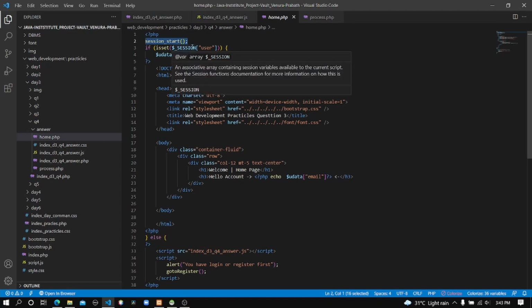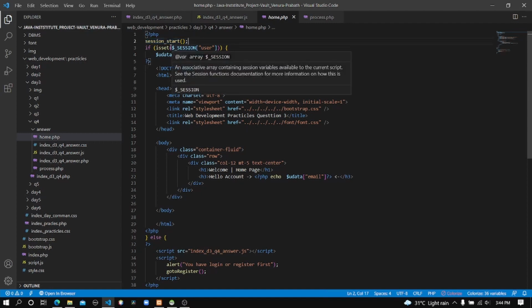Here session start means it will start to check the user's cookie, the PHP sesID cookie, and it tries to access the user's session space and get the data.